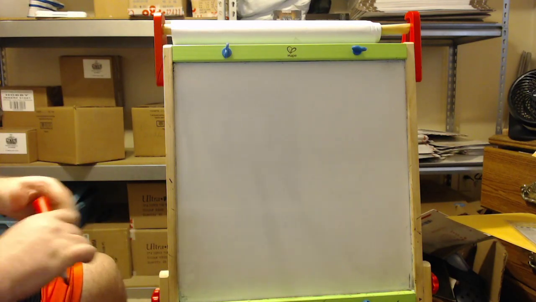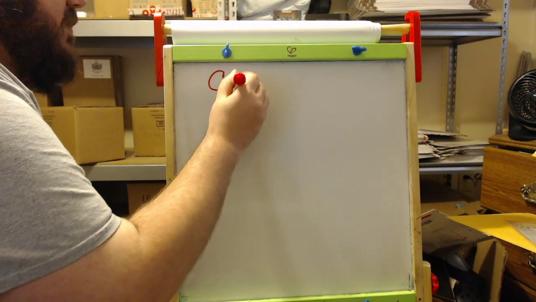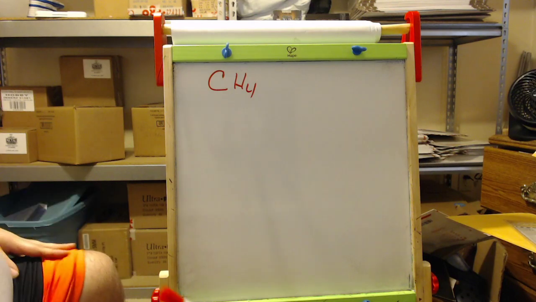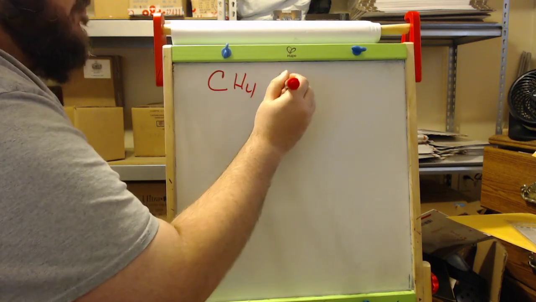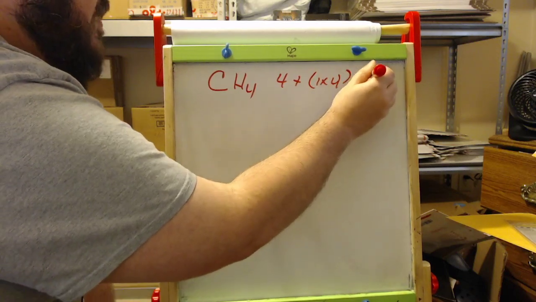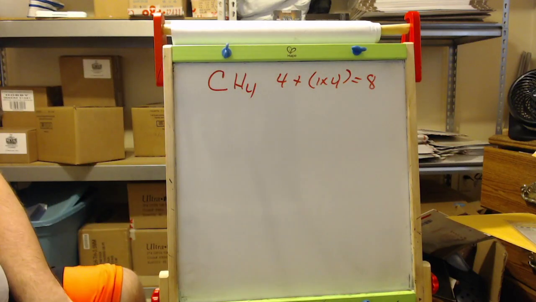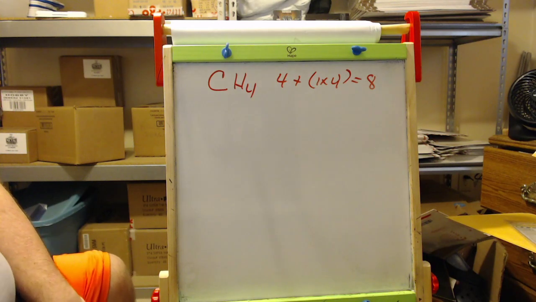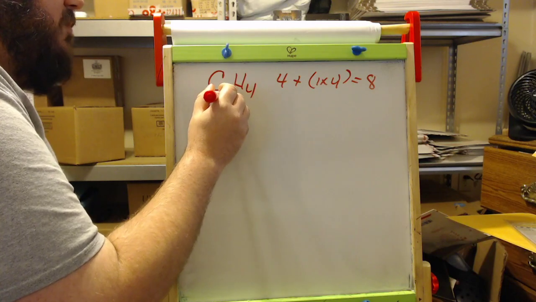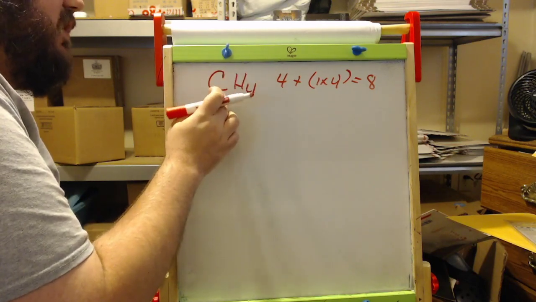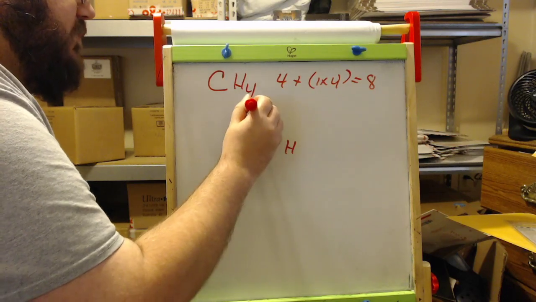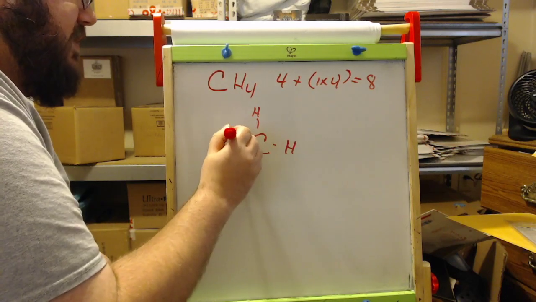But first thing is, you have a molecule, let's say it's CH4. You add up the valence electrons based on the periodic table. Carbon is 4 of them, plus 1 times 4 for the hydrogen, a total of 8 valence electrons. Place your most electronegative atom, or the one that's closest to the center, in the middle, which would be carbon. Place the others around it. That's step 2. And step 3 is connect them.